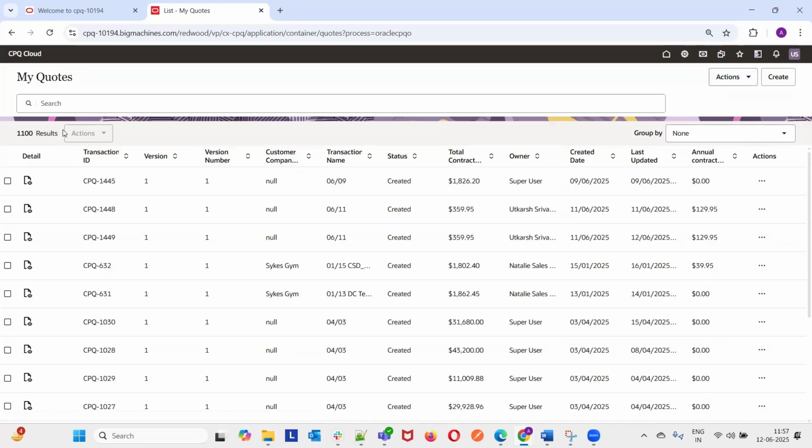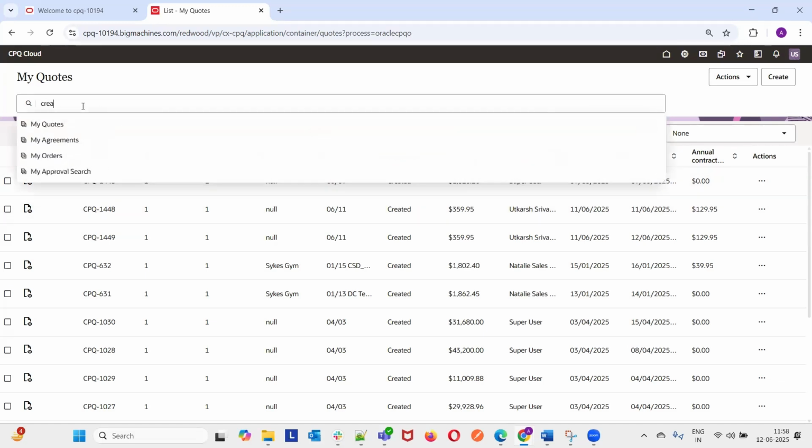The next thing is the searching and filtering of the list. In Redwood UI, advanced robust filtering is provided. We can either directly search by the attribute or column names which are displayed over here, or through any keyword. First I'll search by the created date filter. For example, if I add a created date,